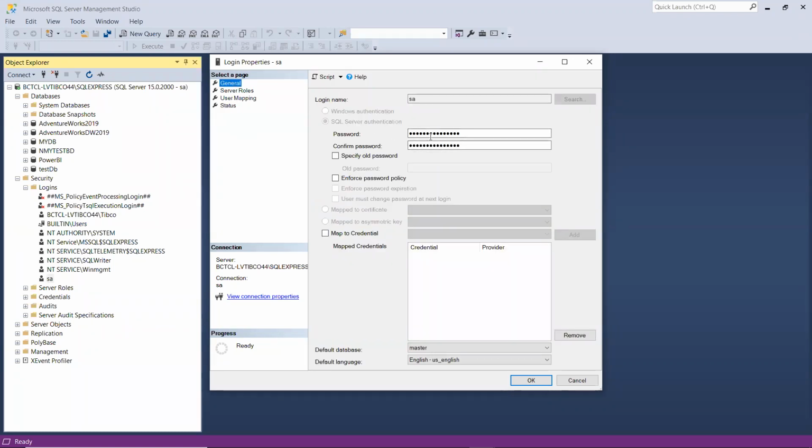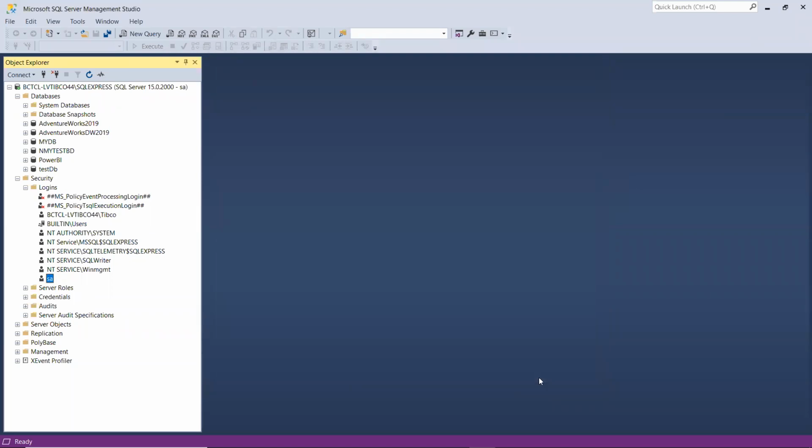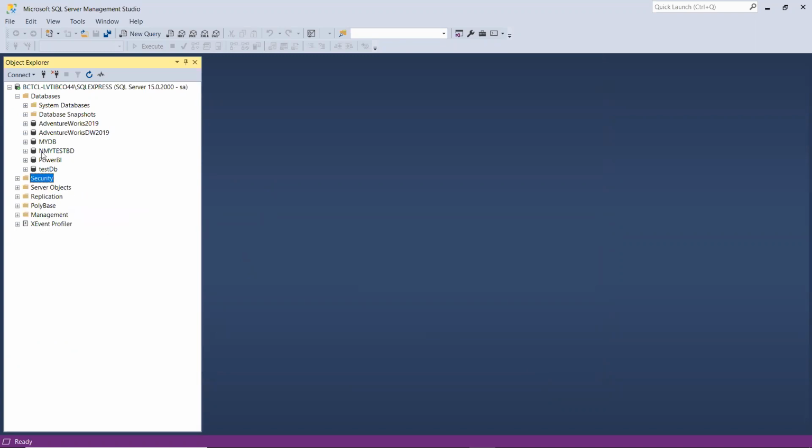Then you can set some password and click OK. Then you should be able to use the SA user for login, or else if you want, you can create a new login as well. But that is not your job in the company, and you might not see these options there, because you will have very restricted access to the database. So now, we have multiple databases.